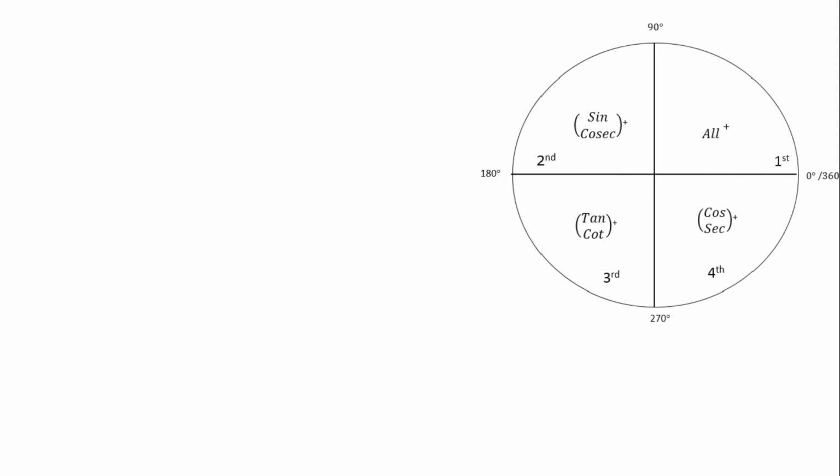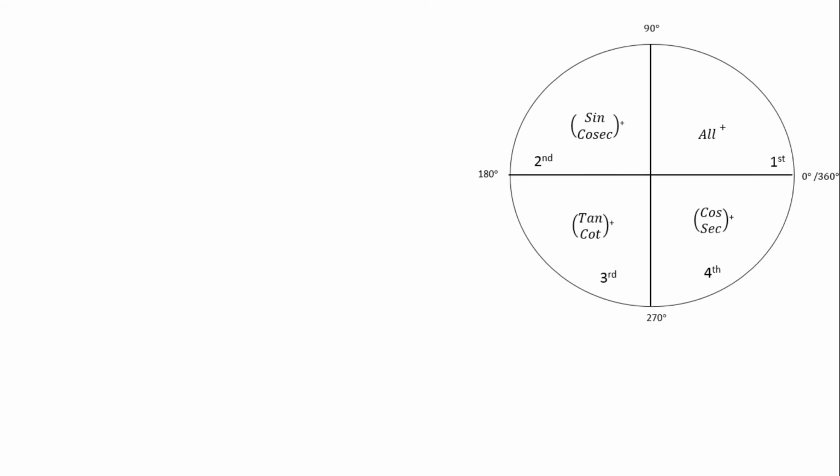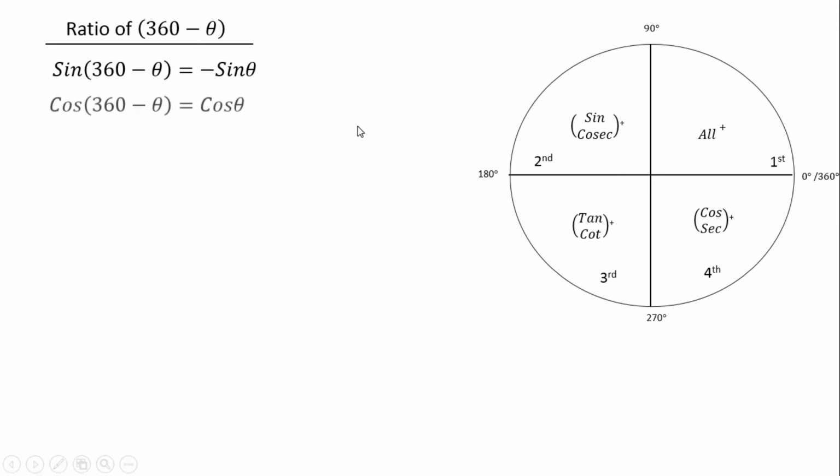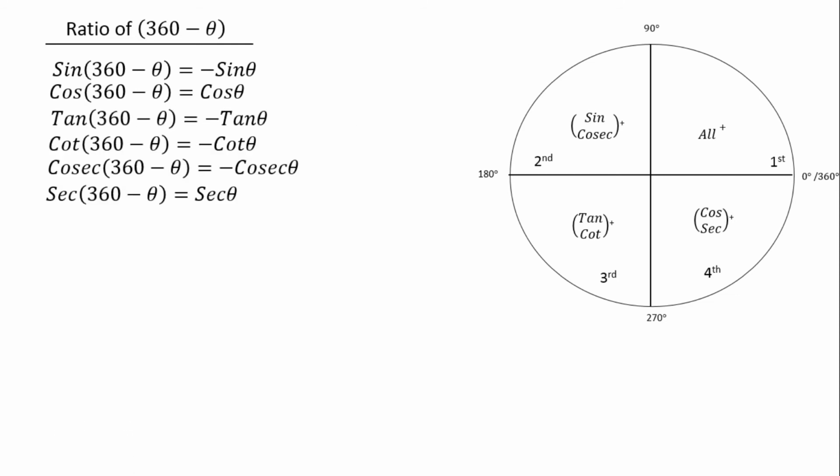Then we can see our last one, 360 degree. If we break the angle into 360 degree, then 360 minus theta, meaning less than 360, is the fourth quadrant. In 360 also the ratio will not be changed, sine remains sine. In the fourth quadrant, sine is negative, cos is positive, tan is negative. Similarly cot is negative, cosec is negative, and sec is positive. Now 360 degree plus.